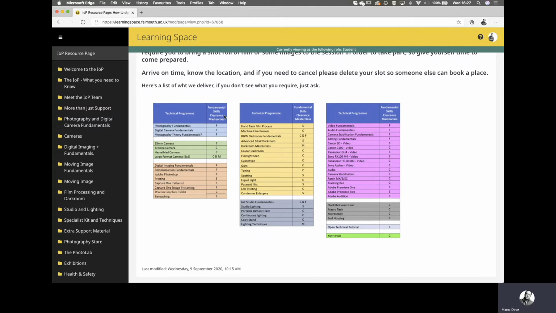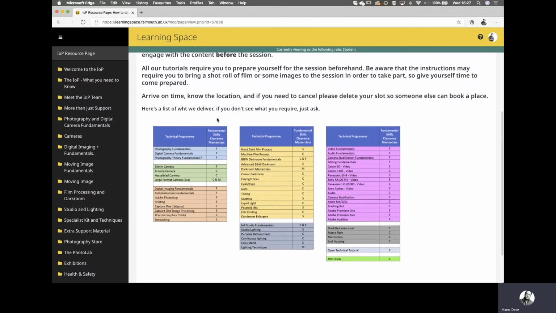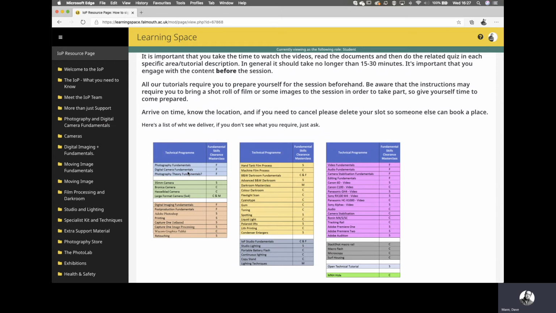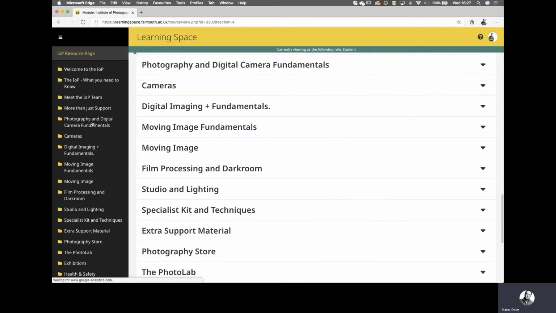Then we've got clearance, things you need to get cleared on before you can actually use the equipment or take it out of stores. Things like Bronica cameras or even studio lighting and the studios. And then we also have masterclasses. These won't be starting probably until way into next year when coronavirus has slowed down a little bit. So how do you find these? Well, you just got to look. If you're thinking about you want to do a digital camera fundamental, look for digital camera, click on that,